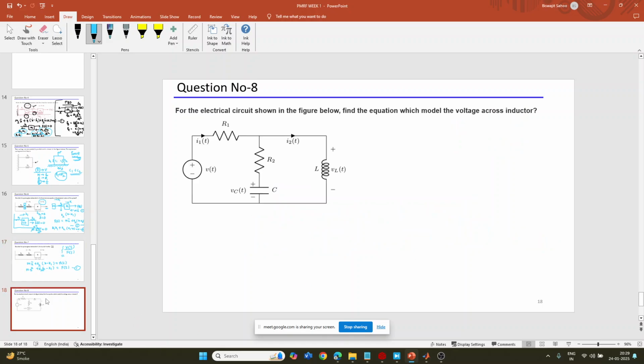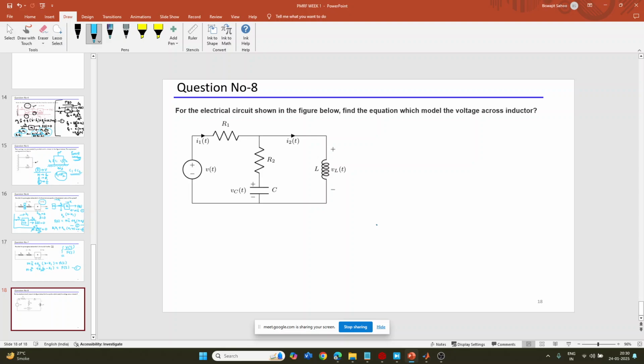Okay, let's come to another question. This is another important question, the third part. Now you come to electrical circuits, because you are very familiar with the electrical topology. If an electrical circuit is given in terms of R, L, C, you have to find the relation between the input and the output. This is another model of the transfer function. Let me see how to solve this question.